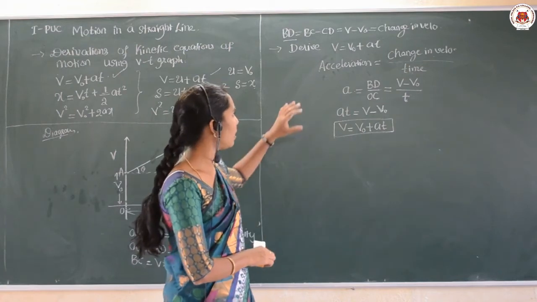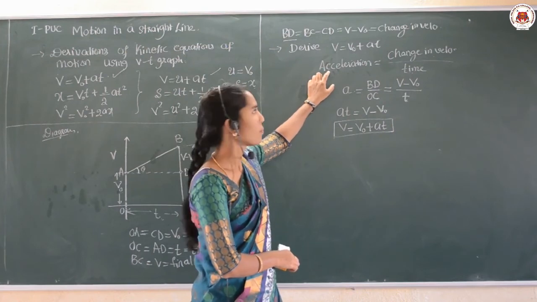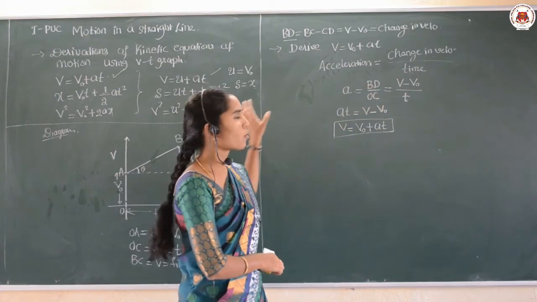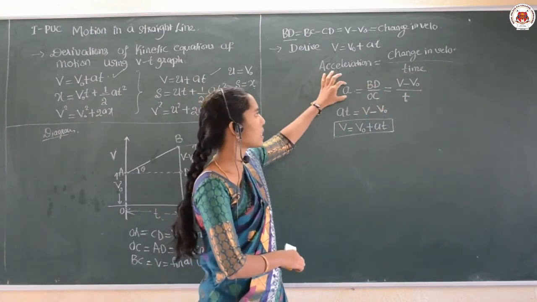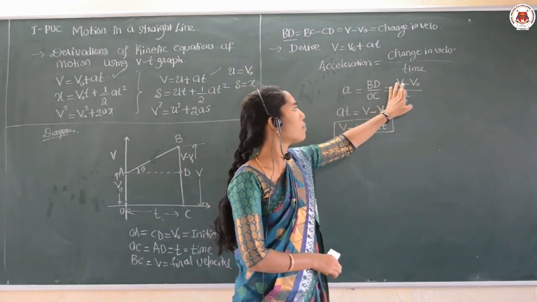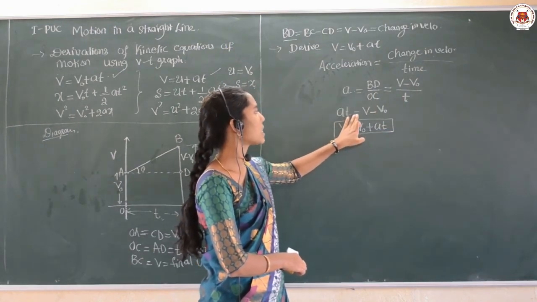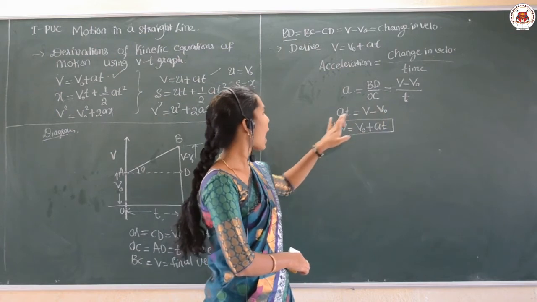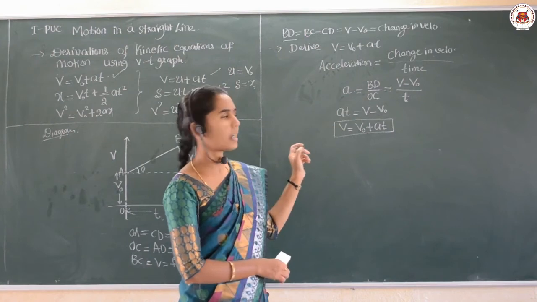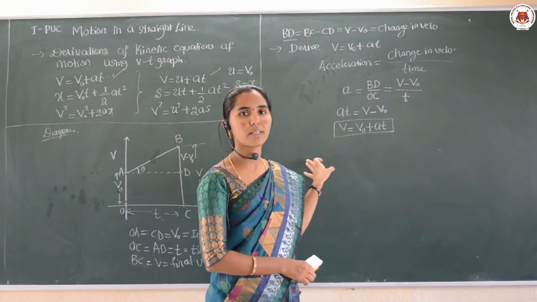And the first thing, you have to take the definition of acceleration. Acceleration is equal to what? Change in velocity with respect to the time. So from the figure, the change in velocity is BD by OC. BD means V minus V naught by T. This T is multiplied here, that is AT equal to V minus V naught, right? And that V naught taken to this side comes plus. So after rearranging we get V equal to V naught plus AT. I hope you understood, dear students.